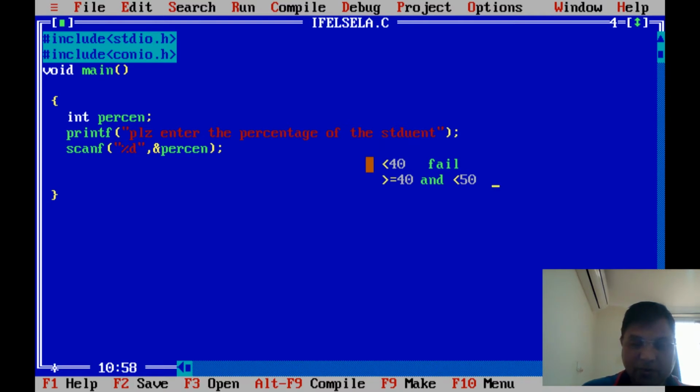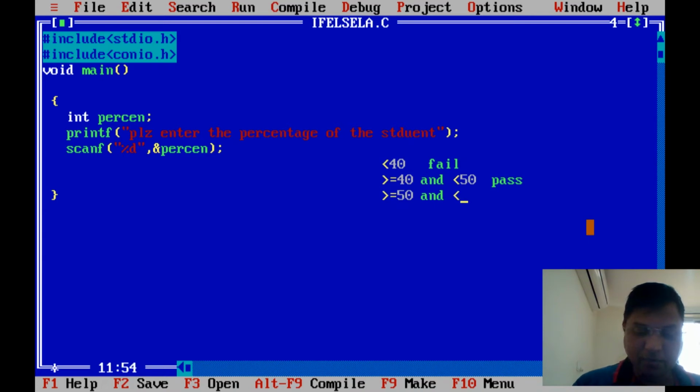If the percentage is in between these, we can say pass class. Suppose we use the condition greater than or equal to 50 and less than 60, we can say second class.